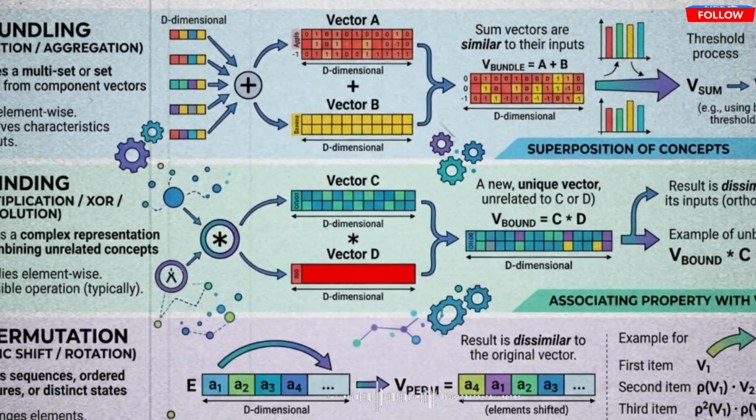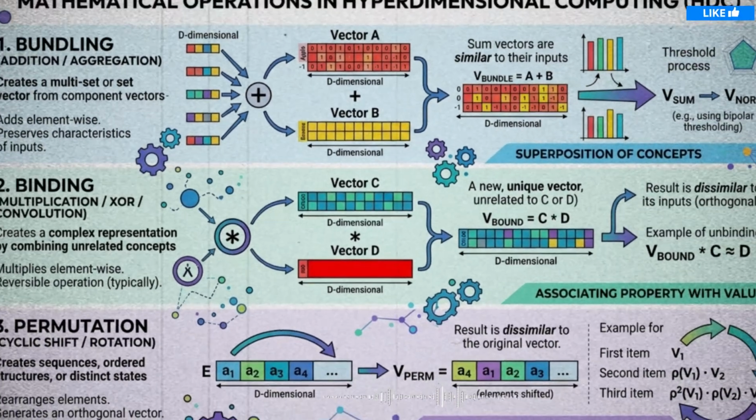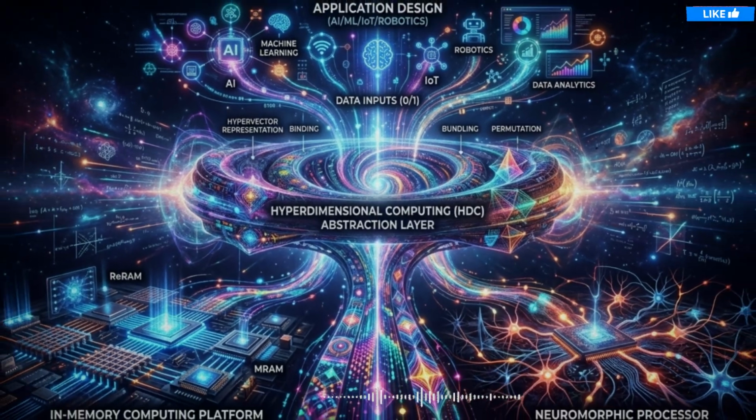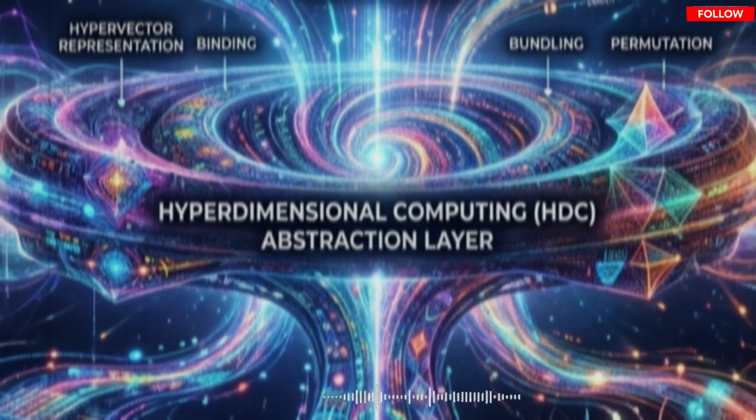This property allows HDC to represent an enormous number of distinct concepts using random vectors as atomic symbols, with minimal risk of accidental similarity. The operations used in HDC, such as bundling, addition, binding, multiplication or XOR, and permutation, allow